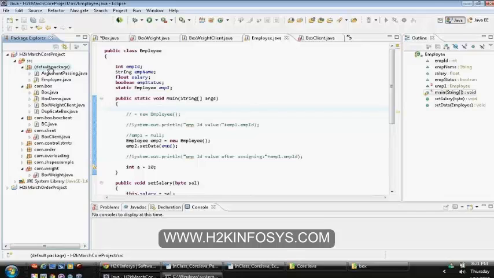I'm not specifying any package there. It just starts with a class. You didn't specify any package? No, I did not specify any package. So if you didn't specify any package, that means it will be available under a default package. Even if you didn't write it, Java puts them under a default package. Oh, that was the reason. Okay.